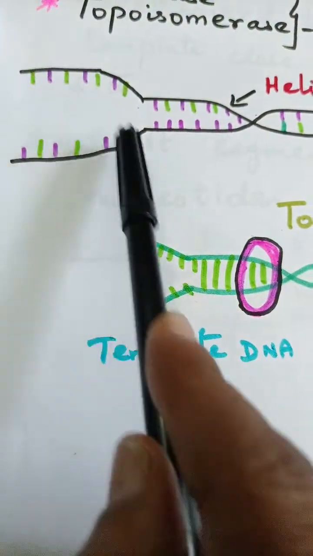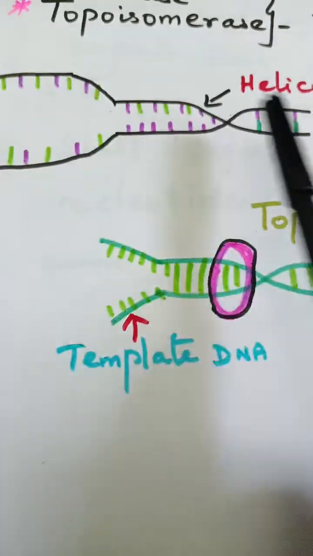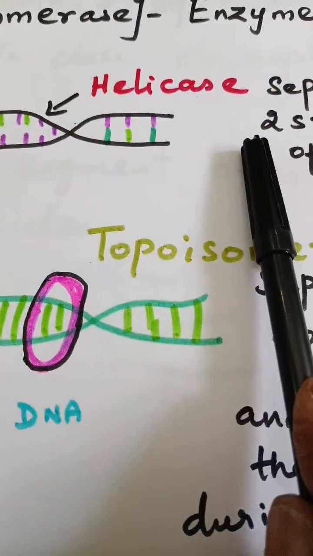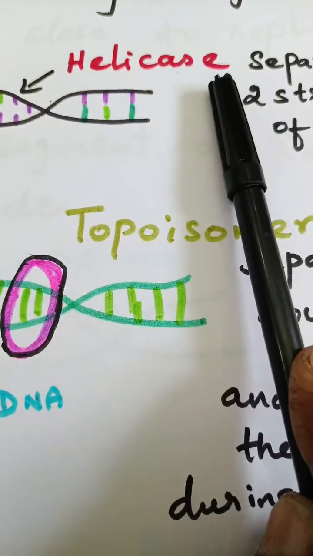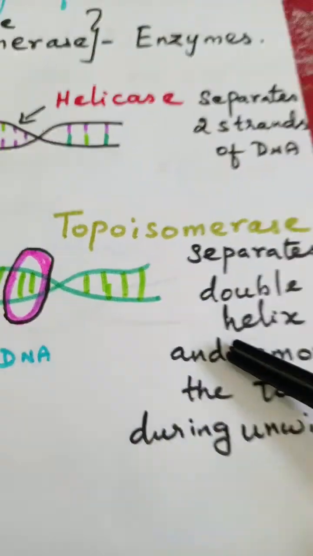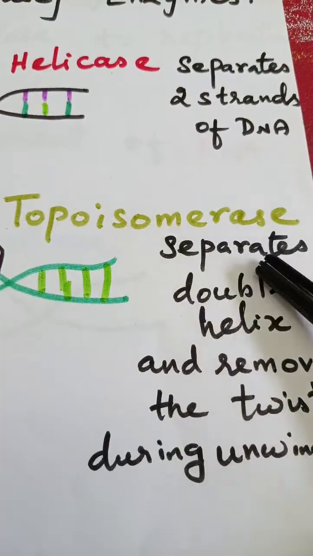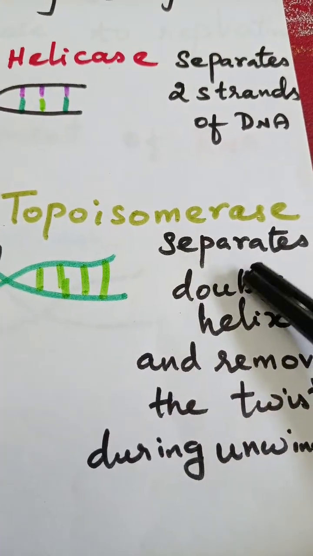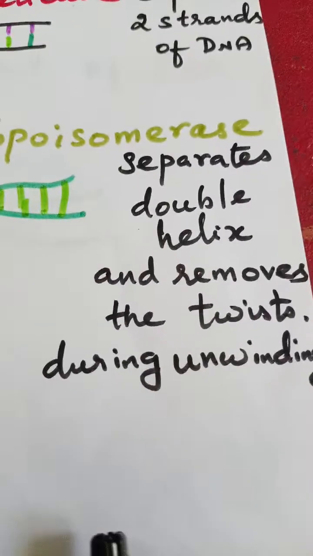That is, they will be separated from each other from the helical structure. So this role was done by the enzyme called the helicase. And then the next enzyme is the topoisomerase. I told you this topoisomerase will separate the double helix and remove the twist